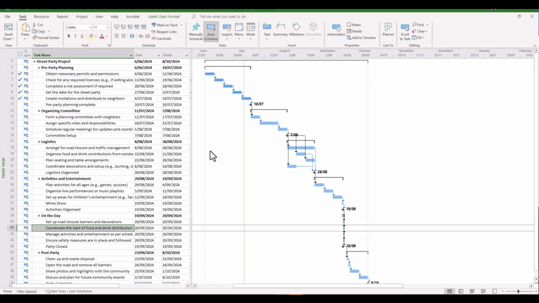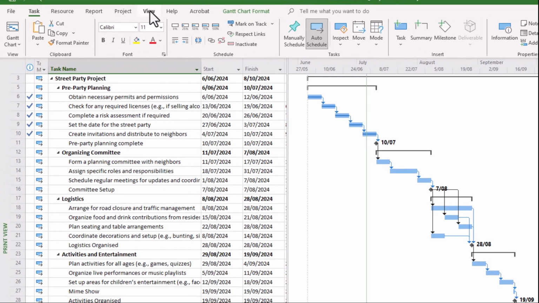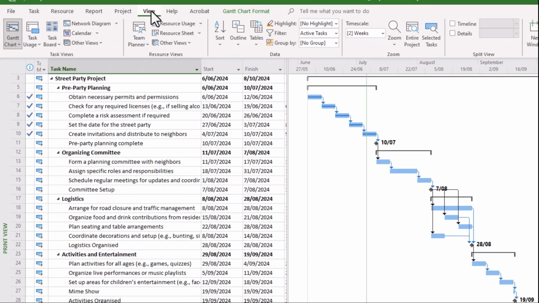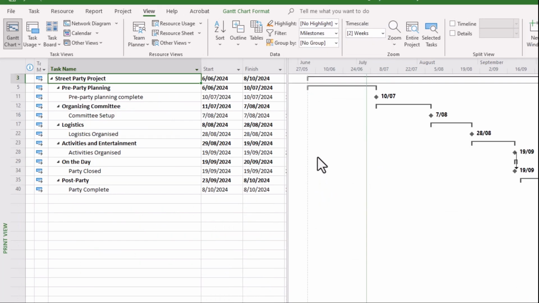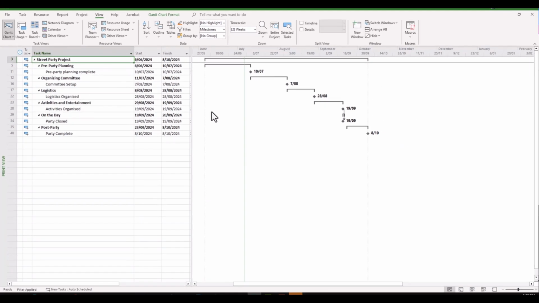So we'll go back to our Microsoft Project document. Now say for instance we want to show a table of the milestones only, and we want to update this and include this as a table in Microsoft Word. Well, how can we do this? Well, let's go to our View tab in the ribbon, and instead of Active Tasks, let's go to the Filter selection and then filter down to Milestones, and straight away it snaps to the milestones in this project.